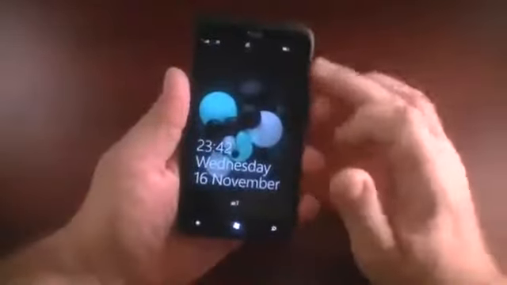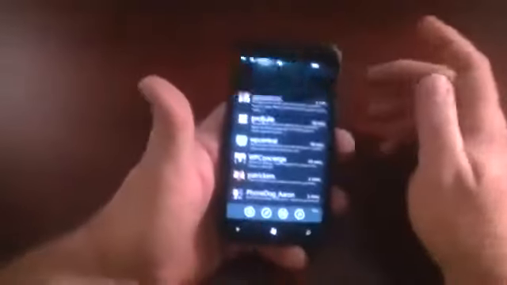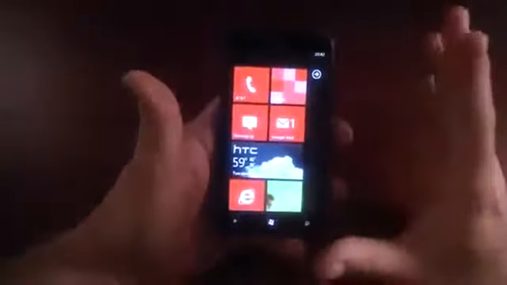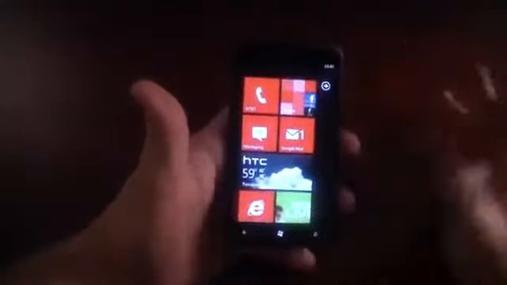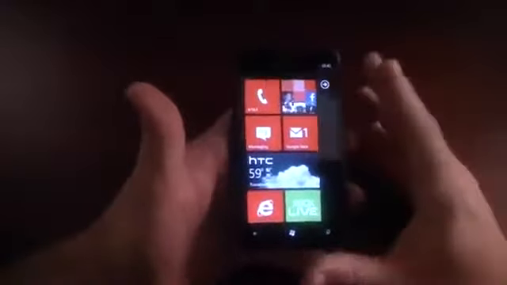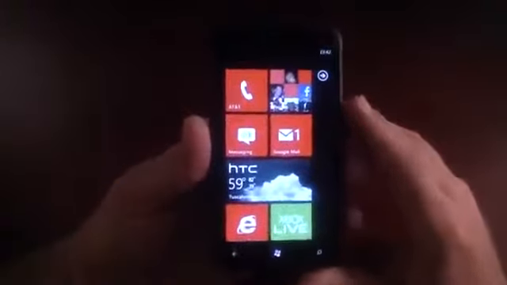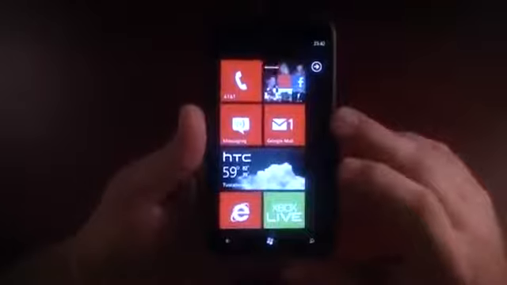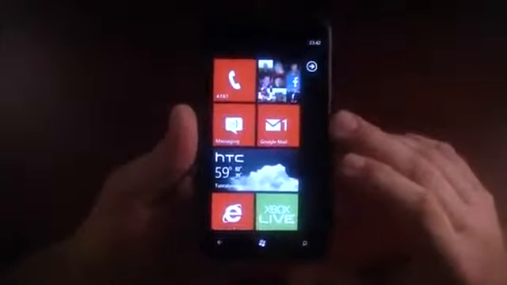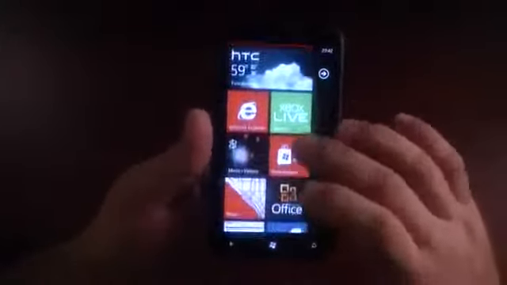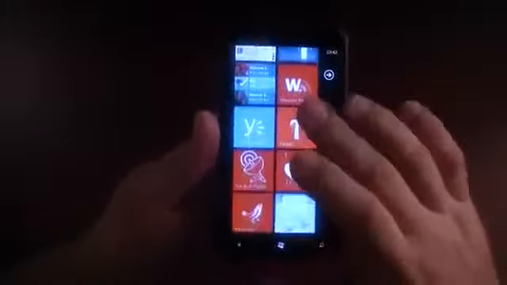I've got the HTC Titan here, and something I've been doing today is checking out Twitter applications. One of the things I'm doing on Gotta Be Mobile is going through and looking at all the applications that I use on Android and how I'm going to convert over to Windows Phone and make a transition here. So one of the things is we definitely need to have a Twitter application, and unlike iOS and Android,